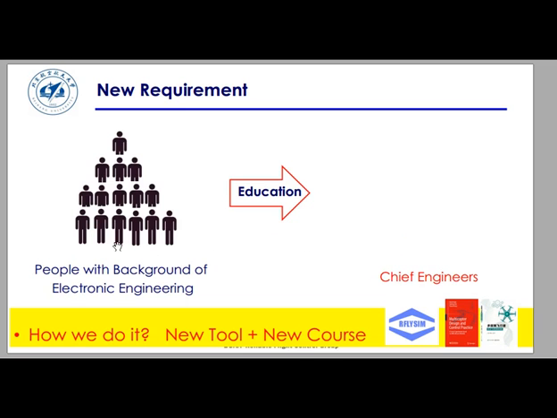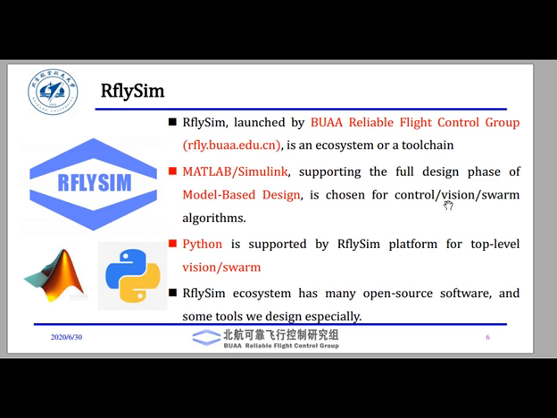So here there is a transition between the past and the future. Previously, these engineers were people with a background in electronics engineering. However, with the education in the future, the chief engineers are different, so they should know the previously stated theoretical and practical skills. So the world is changing. Now, concerning the plot,